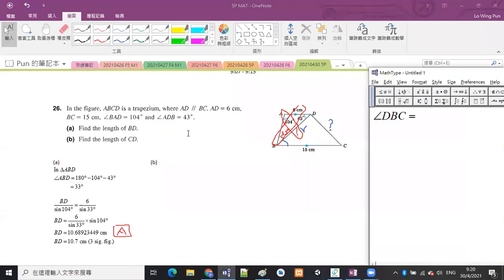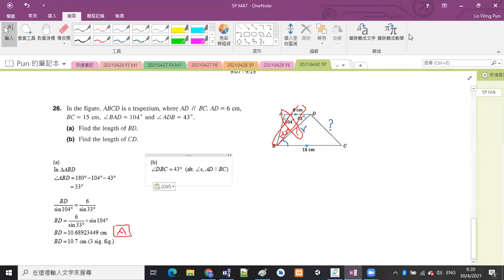Angle DBC is equal to 43 degrees. And the reason is alternate angles, but you don't need to write down the reason in this chapter. Okay, AD parallel to BC. OK， 嗱記住唔係 proof 嘅題目就可以唔寫 reason 就得嘅，得唔得 ？reason 唔計分嘅。